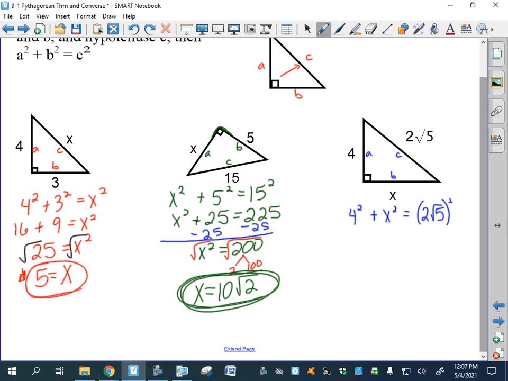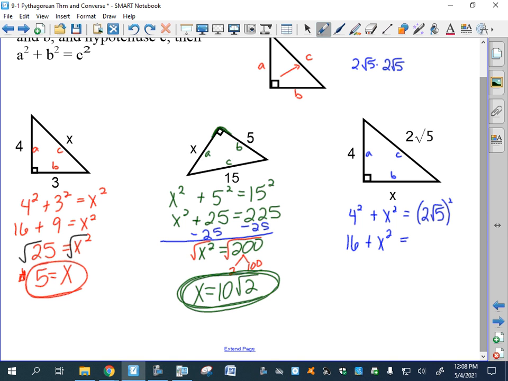It would. If you square the square root, yes, that would. Let's simplify it in just a second. What's 4 squared? 16 plus x squared equals. Now, there are two ways to do this number, and I'm going to write it up at the top since I don't have room to the side. If something is squared, you could